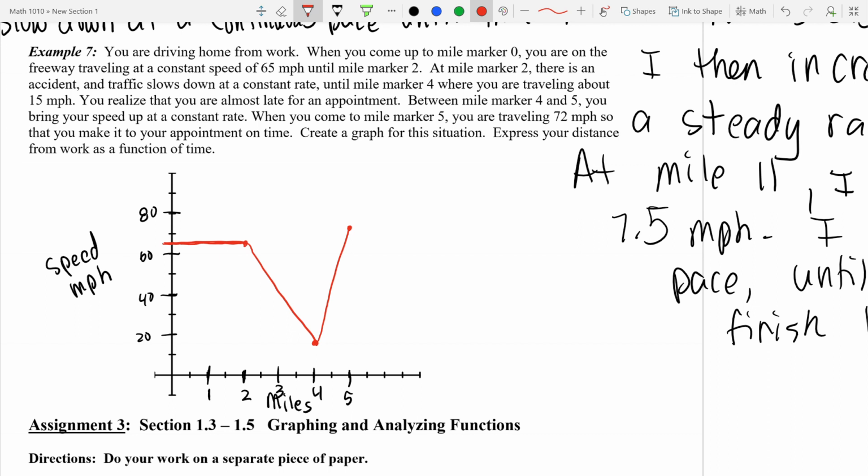Create a graph for the situation, express your distance as a word. So I didn't really tell you how far away it was. So, you know, it's not the greatest wording. Let's say it's 6 miles away. Okay, so I'm just adding a little bit to the problem. Then you're going to have to slow down at some point, right? So say you went constant. This would have to be something you were told, and then you would stop at the 6 miles because then you'd be at your appointment. Okay, something like that. Okay, so that is it. Are you guys okay? I know that last little piece was